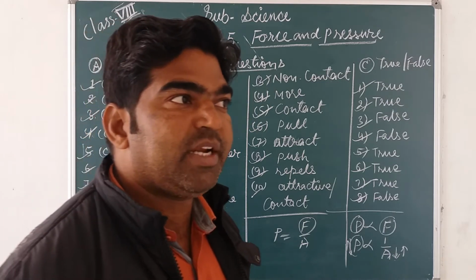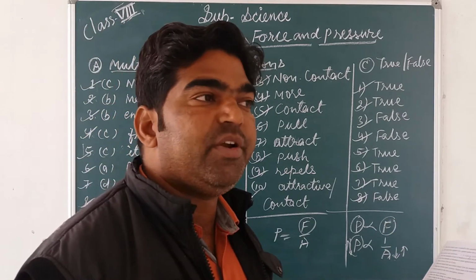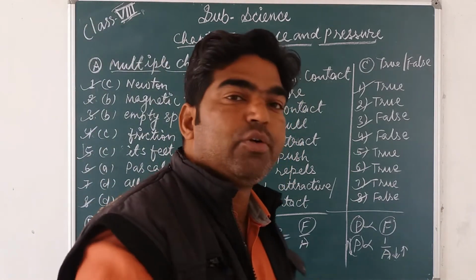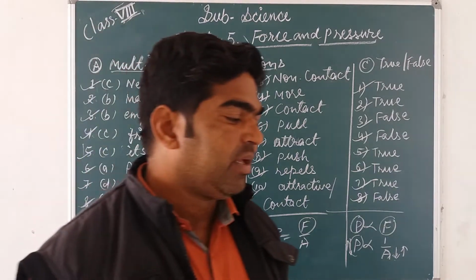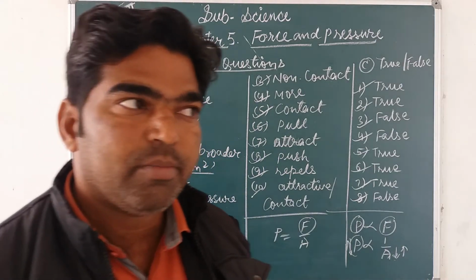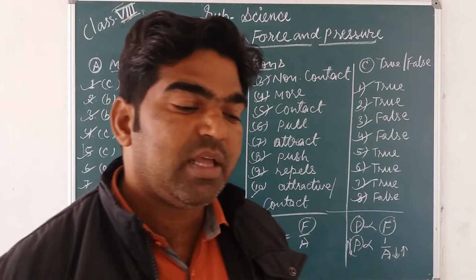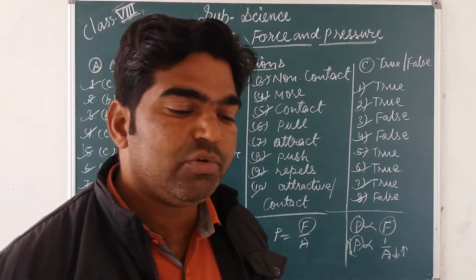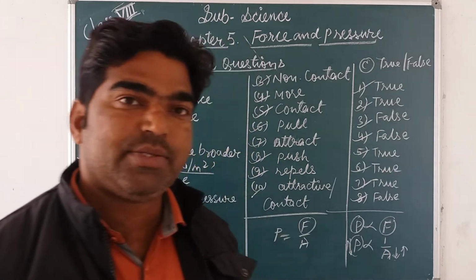Now two conditions by pulling. Suppose we can pull a window and a drawer. We pull a drawer and window by pulling, and by pulling the rope to draw the water from the well. These are some examples by which, by pulling and pushing, we can change the state of motion of an object. I can explain the answer here now, but later I will send the answer to you in a group. Okay, so you understood the answer of this question.